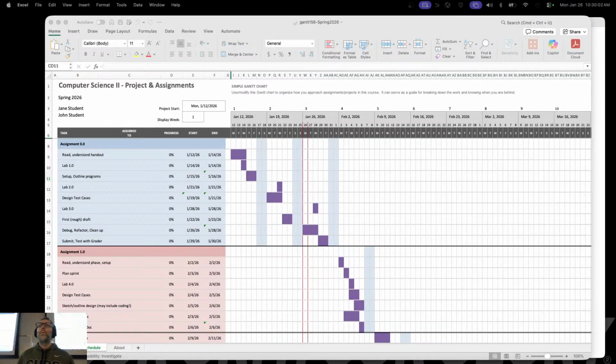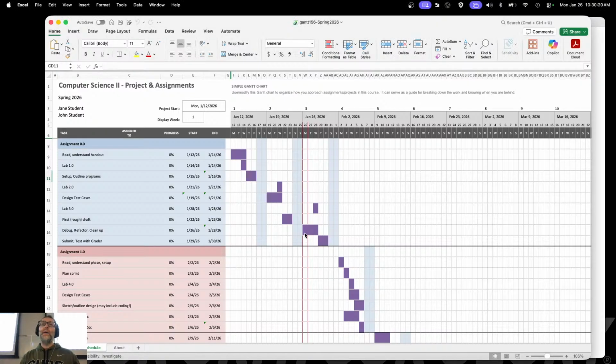All right, so remember that this Friday is your first assignment. Assignment 0.0 is due. So if you've been following along on the Gantt chart, you should be somewhere around here. Actually, since there are multiple exercises, you should probably be done with the first two. They're really, really simple. And then what you should be doing this week is drafting a solution to that third